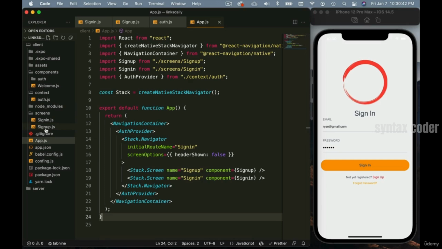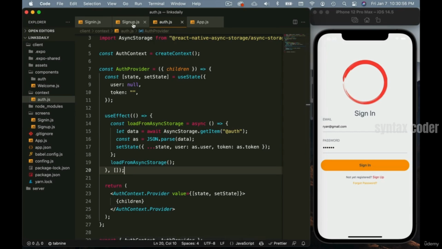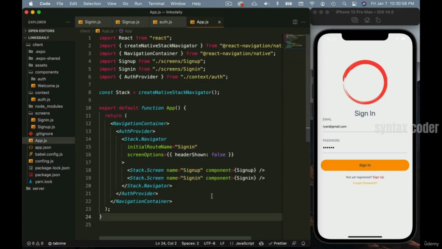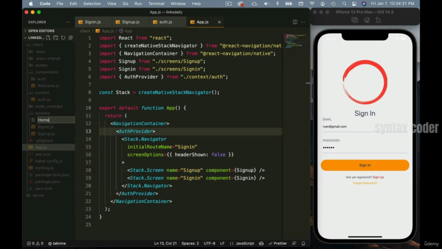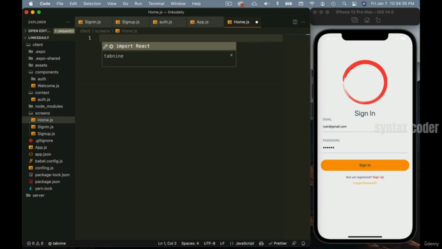To try that, let's create a screen. Let's do that in the next lecture. Let's create a home screen and let's try accessing the state, the context, just so that we can see that everything is working. So we created a context. We have wrapped our application with auth provider. So let's go ahead and give it a try. So let's create a new screen, home screen. Let's create a basic component here. So import